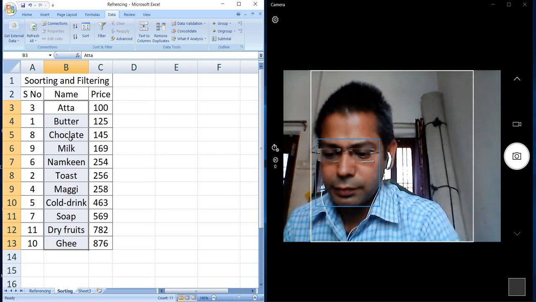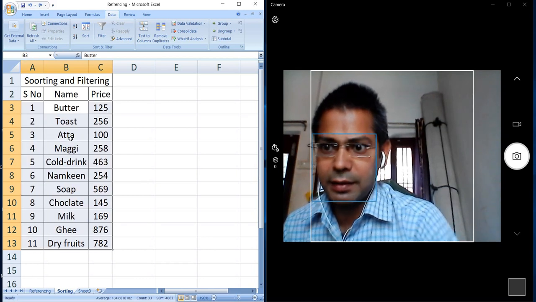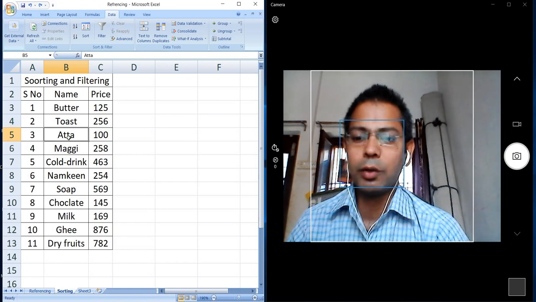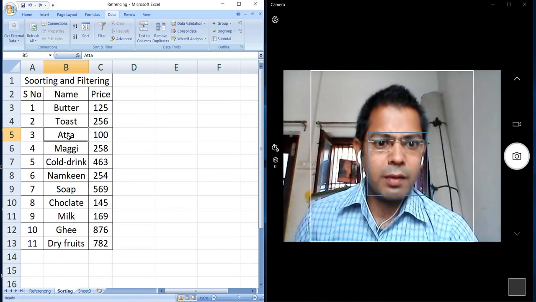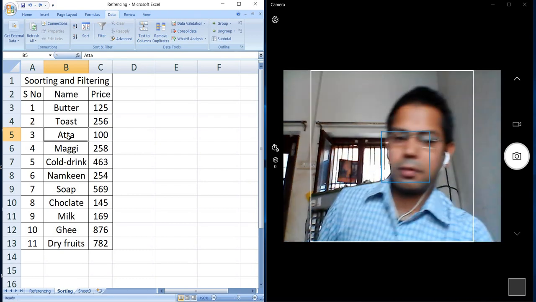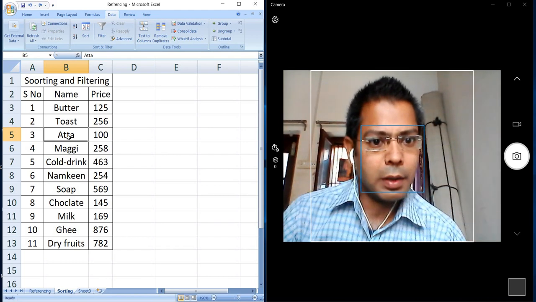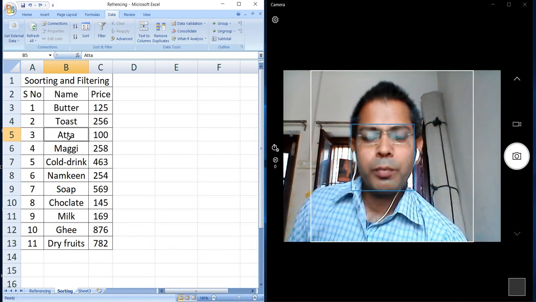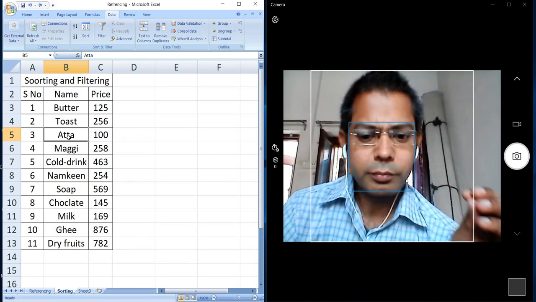Now again we come to the original position, and we can do the filtering. What is filtering? When we filter something, it means we take some part and we remove some part, or we stop some content from it.